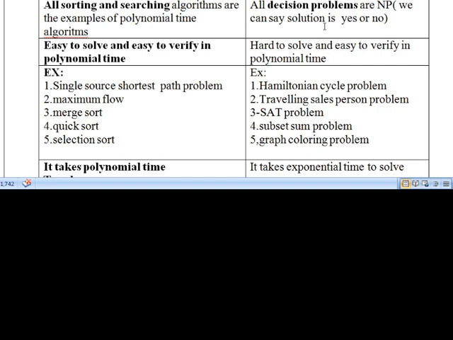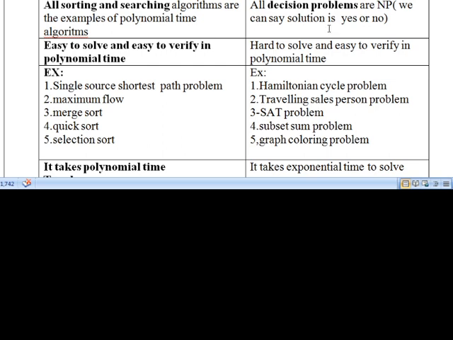Suppose I have given a path and am asking whether the given path is a Hamiltonian cycle or not for the given graph. So I can verify it: the list of vertices in the given path not forming any cycle from starting to ending. Then I can say whether the given Hamiltonian cycle is correct or not.